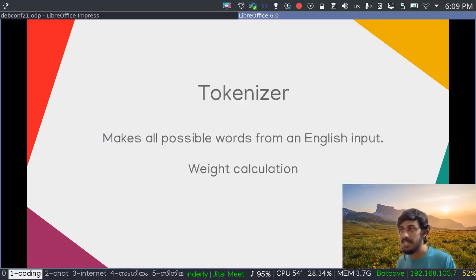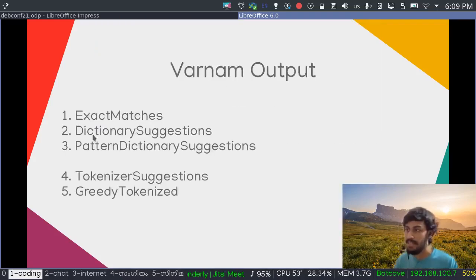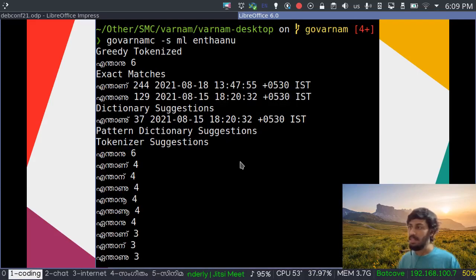And it is from this dictionary that we make these 3 things: exact matches, dictionary suggestions, and pattern dictionary suggestions. For example, we can see here that the dictionary gives a suggestion of enthanu. Why did it give that suggestion? It's because we know that word is in the dictionary, because we have already seen it. And that's why we have an exact match of enthanu in here, and that's why we get that in the exact matches section.